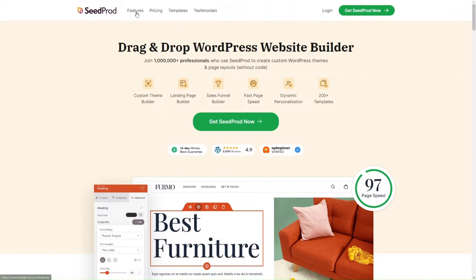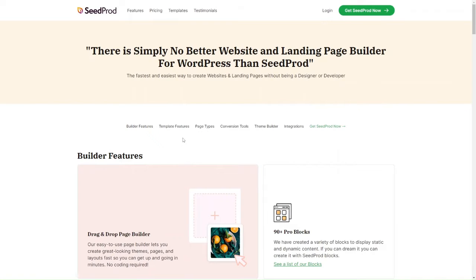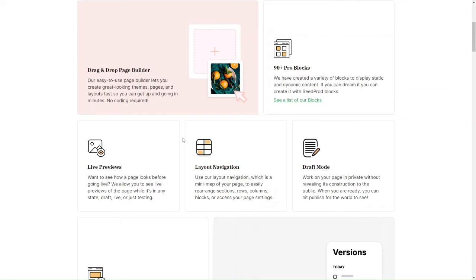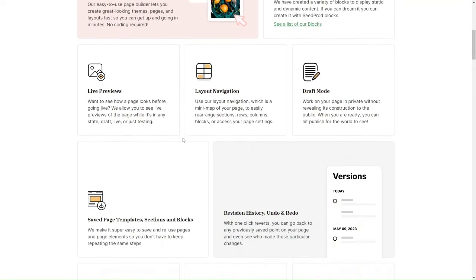One of the key features of SeedProd is the theme builder. It allows users to create custom themes for WordPress websites, including headers, footers, home pages, blog pages, and more. SeedProd comes with over 200 pre-made theme templates to choose from, but users can also create their own custom templates